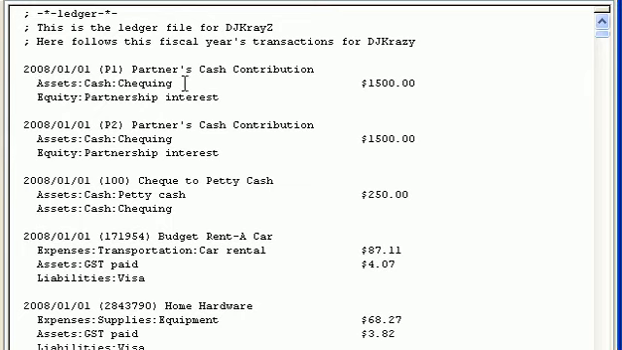Again, we can name the accounts anything we want, but we should use the five parent accounts of assets, liabilities, equity, income, expenses. And then we can, again, using the convention I've shown you in previous videos, go assets, cash, and then it's a sub-account of cash checking, because I'll also have a petty cash. So here it is. The asset was increased by $1,500,